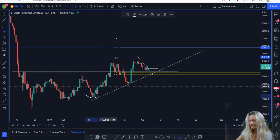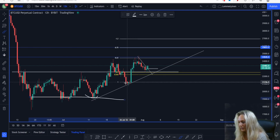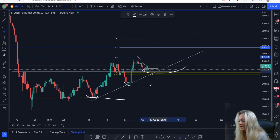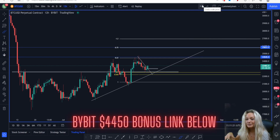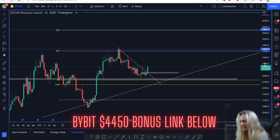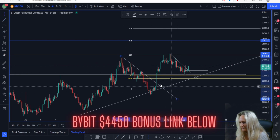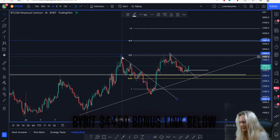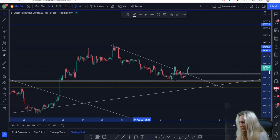As you can see, the market is still creating this higher low, or this was the support, potential higher low now, and a continuation a little bit more to the upside. So I was a little bit too fast yesterday on selling the market, but now when we're looking at it, it kind of makes sense. So the same thing that we saw right here, we saw the market break the resistance trend line. We broke the resistance trend line right now, and if we go down to the 1 hourly chart, we can